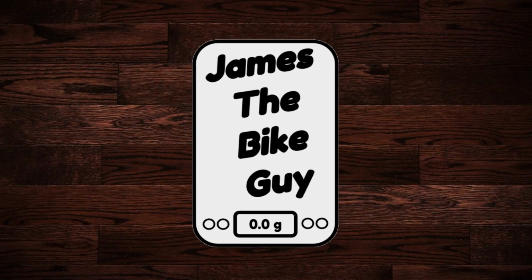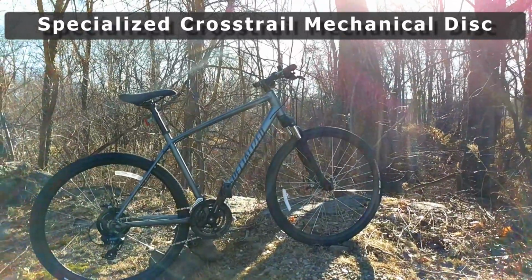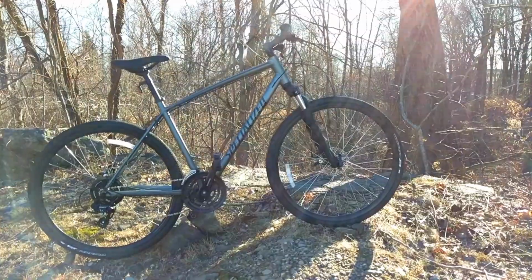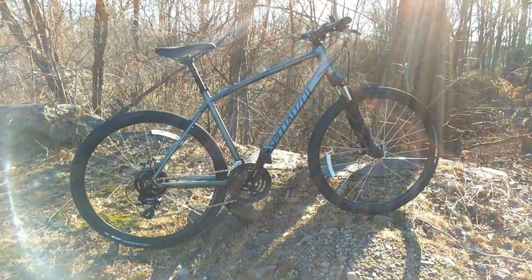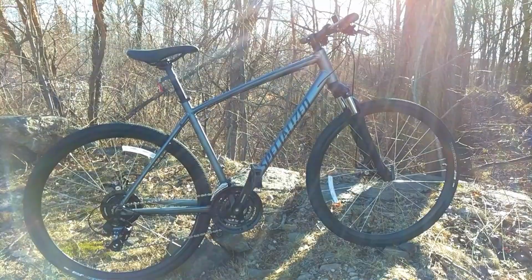On this James the Bike Guy, we're taking a look at the Specialized Crosstrail mechanical disc. This is the entry-level Specialized Crosstrail, and it offers a lot of performance for the money. Now, what the Crosstrail is, it's a flat bar fitness style bike that's got front suspension, so you could use